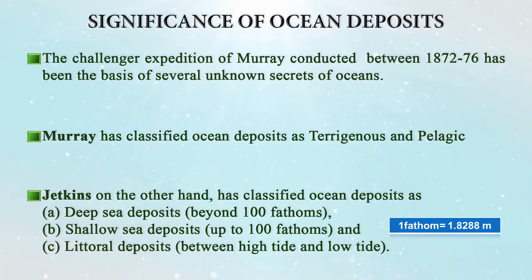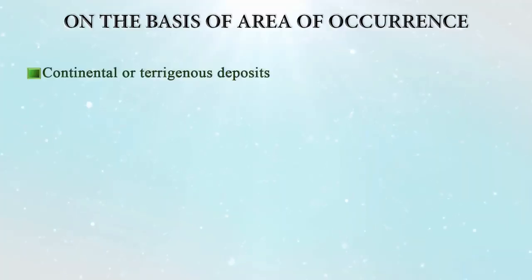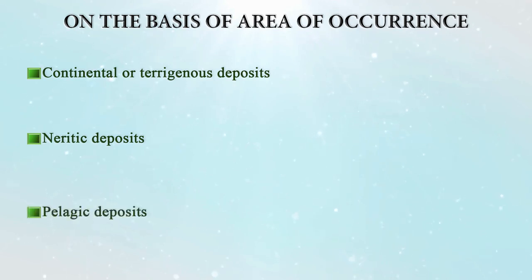And then there was another oceanographer named Jetkins, who classified ocean deposits as deep sea deposits, which is beyond 100 fathoms, shallow sea deposits, which is up to 100 fathoms, and littoral deposits, which is between the high tide and the low tide. So on the basis of area of occurrence, we divide ocean deposits into continental or terrigenous deposits, neritic deposits and pelagic deposits. So continental, as the word suggests,